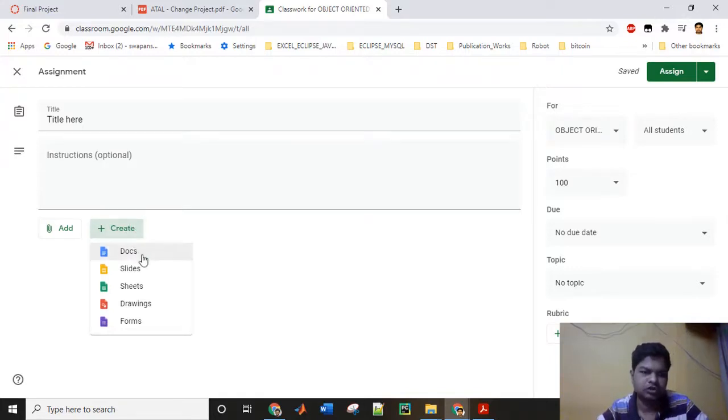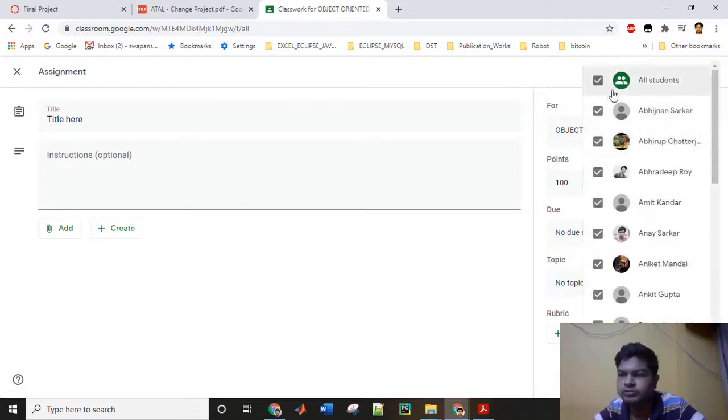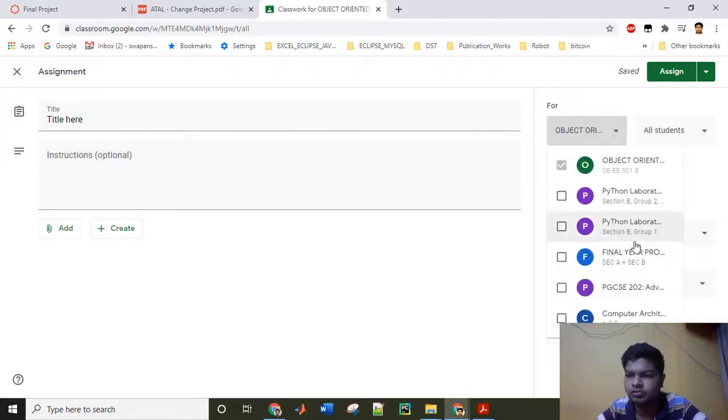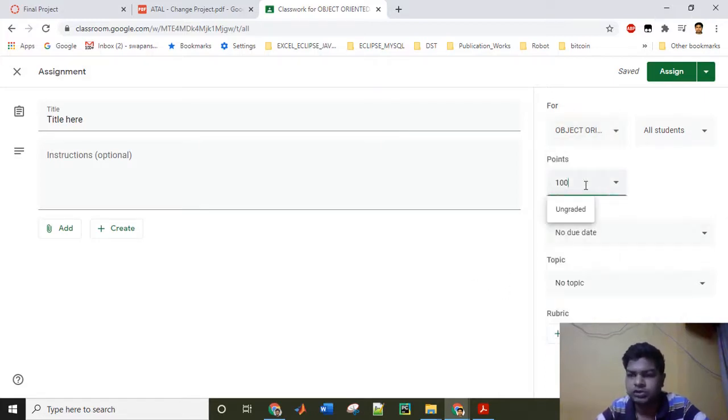You can use doc files, slides. You can also create directly from there. Which students do you want to assign these assignments to? You can manually set which students will be added to this assignment, or you can select all the students. And if you have multiple classes, then you can choose here which class you are going to assign this assignment to. The maximum points or marks you can put here, or you can also keep it ungraded,